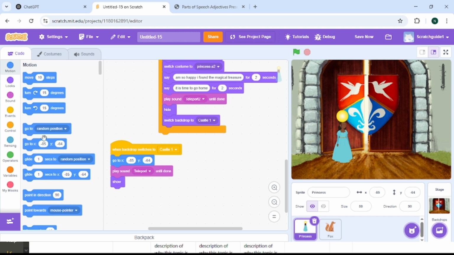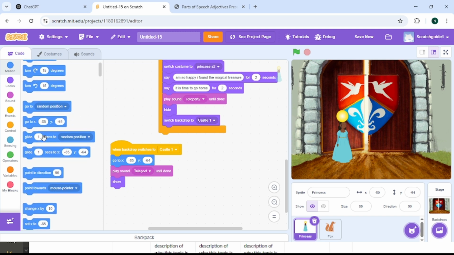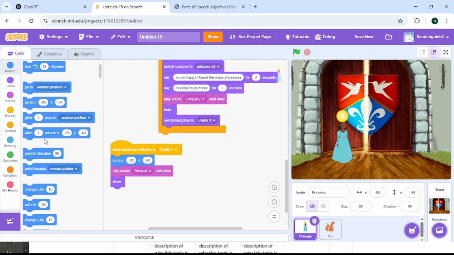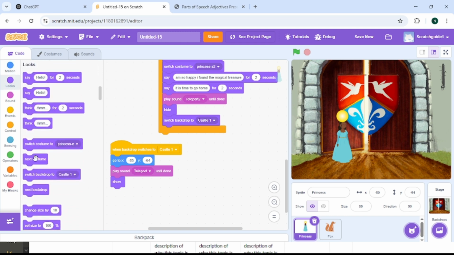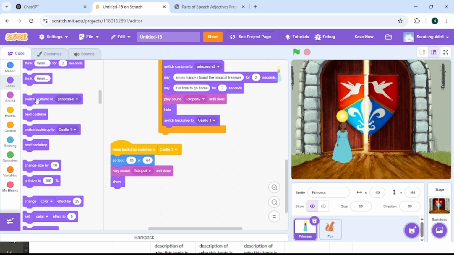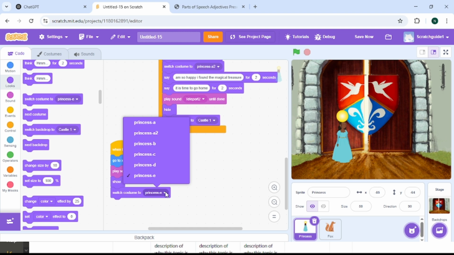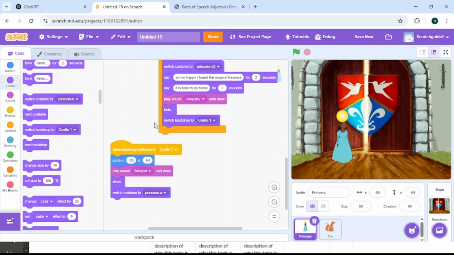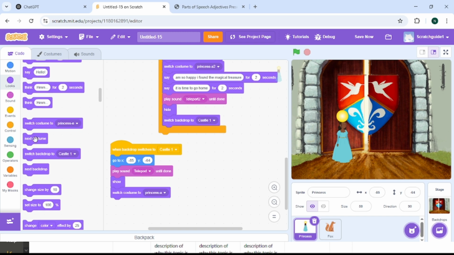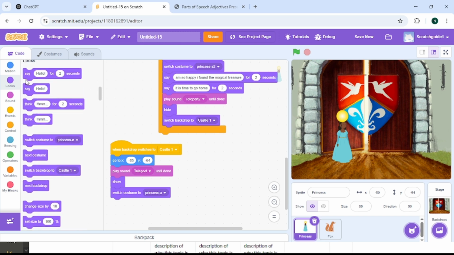She will show and switch costume. Switch costume to Princess A and say